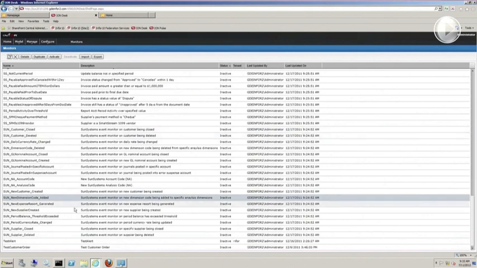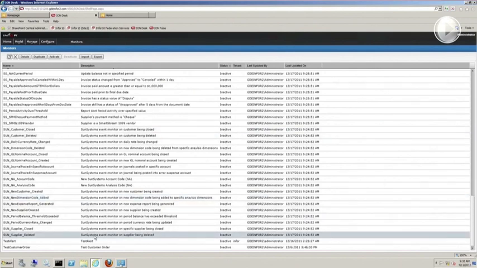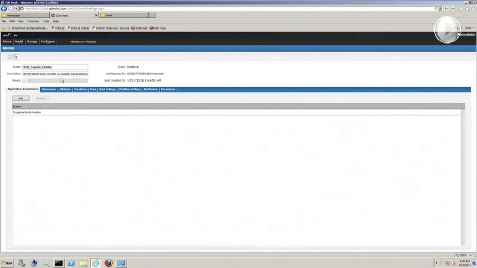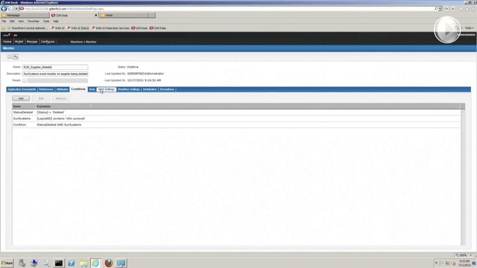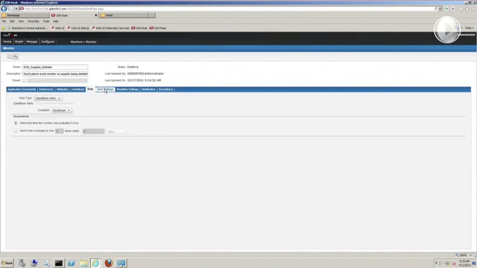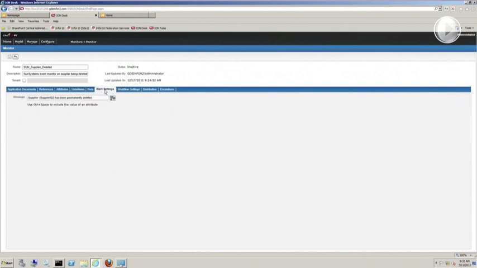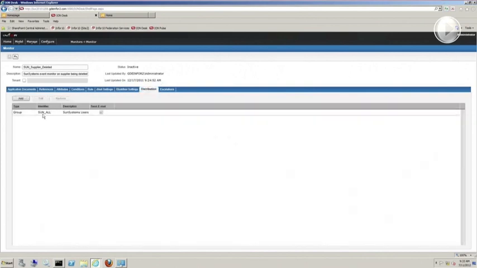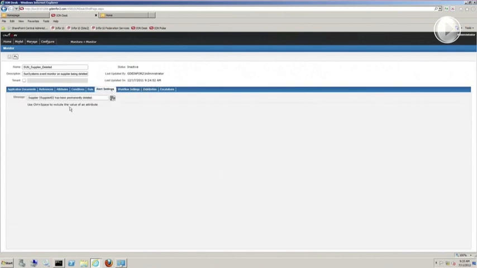So a very simple example, if somebody has deleted a supplier, this alert is just monitoring any time a supplier record has been deleted from a given business unit within SunSystems. We can define a number of conditions, and then once this has happened, we can maybe send out an email to a group of predefined people, and we can send out a message saying the supplier has been permanently deleted. And again, these can be set up on any sort of data object within SunSystems, whether it's static data,